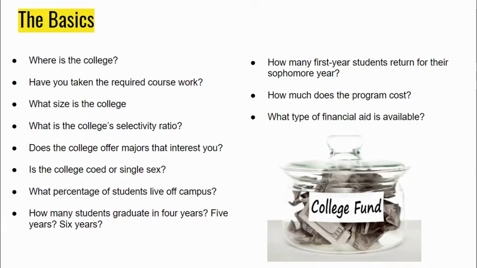Very important criteria when it comes to college are, one, it has to have the major that interests you. No sense in going to a college that can't give you what you're there for. Secondly, of course, cost. And part of that would be what financial aid is available. How can we get to that cost? These are all important things you want to get. And I often feel that the college websites are the best place to get this.